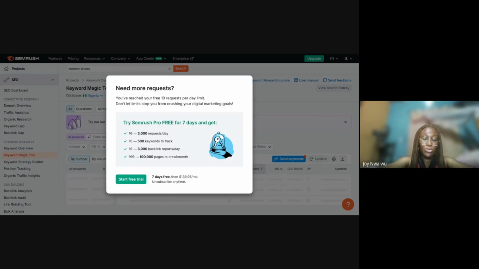So you paste your own domain, and you paste your competitor's domain, and they'll give you an analysis as to what keywords your competitor is ranking for, and what keywords you're ranking for. With that information, you'll be able to know if you can also target those keywords or something similar, right? So that would give you a head start as to, okay, maybe I should start thinking about how I can rank for this keyword.